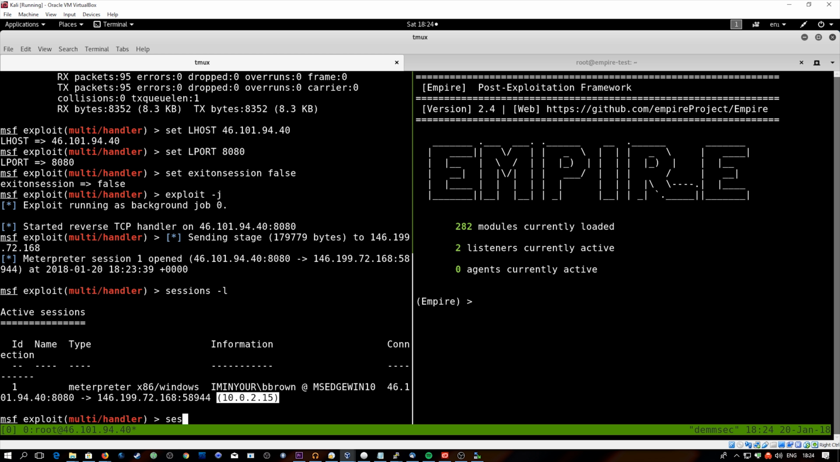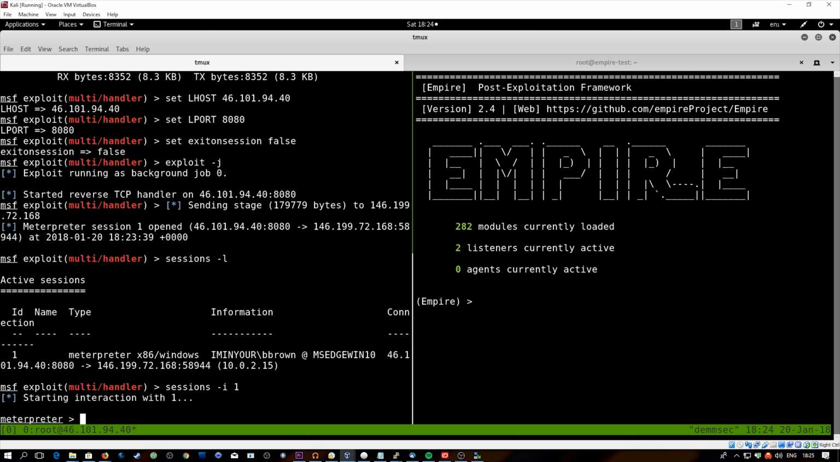So to interact with it, we do sessions -i for interact, and then 1. And you get this 1 from the ID here, this column here, and we'll see we've only got 1 open, so it's fairly obvious. But if you have a lot of them, it can be very useful. And then if we just open a shell,